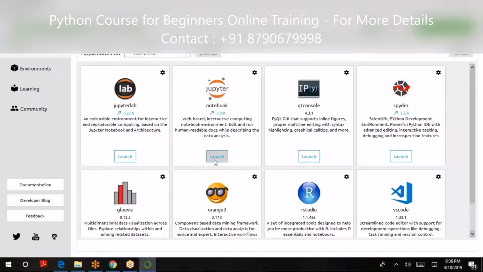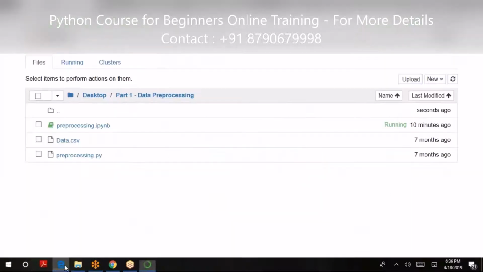Once you launch your Jupyter Notebook, it will take you to the internet browser, where you will be writing your scripts. It takes a couple of seconds. Anyways, I got my Jupyter Notebook over here.